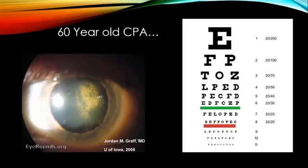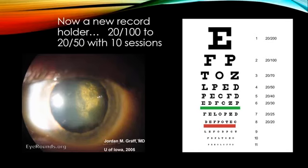And so if he was 20/50, his insurance was changing in a couple months, so we went ahead and scheduled him for surgery, but he was open to trying Bemer, and I said, I don't know, but let's give it a whirl. We had him come in 3 times a week, and he had held the record for the best vision until this next patient. After the 10 sessions, he went from 20/50 to 20/25,